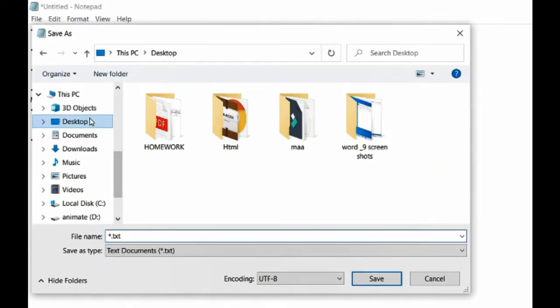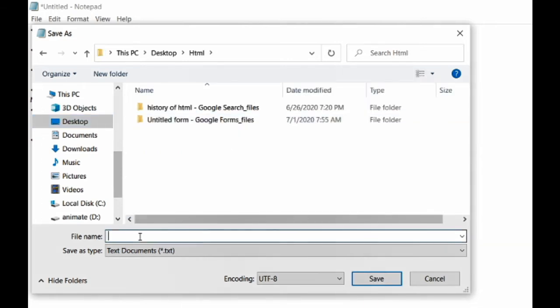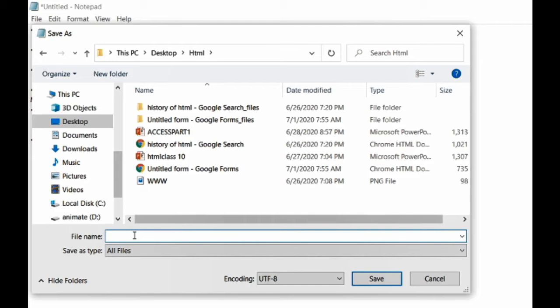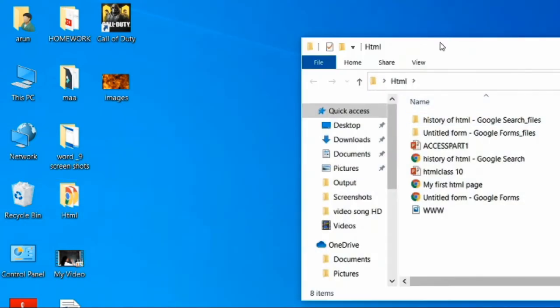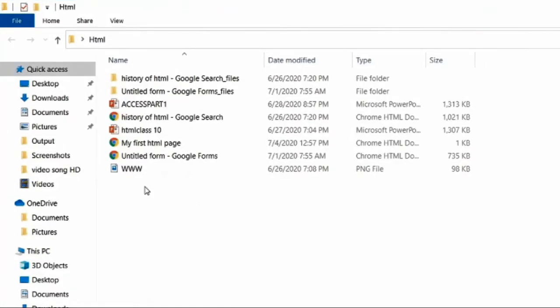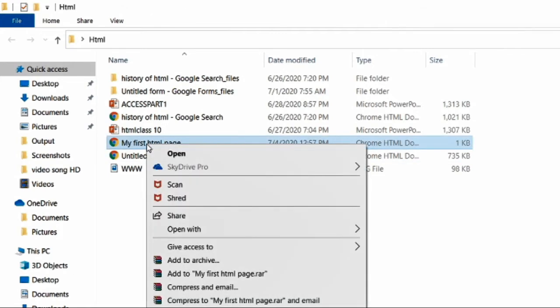You remember, wherever you save, like here I am saving it on the desktop, but you don't do this in the computer lab. You create your own folder. Now, my first HTML page dot HTML. This is the name of the file that I have given. The extension is mandatory. Now as you see, the HTML file which I saved on the desktop is here. See, it got changed to a web page.